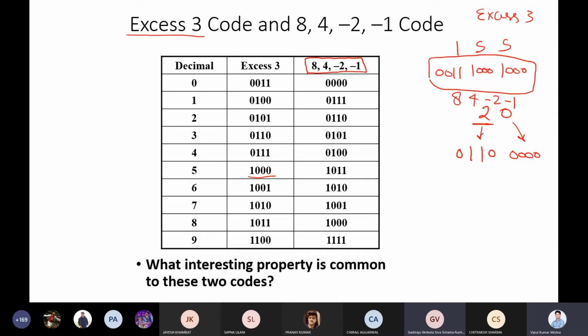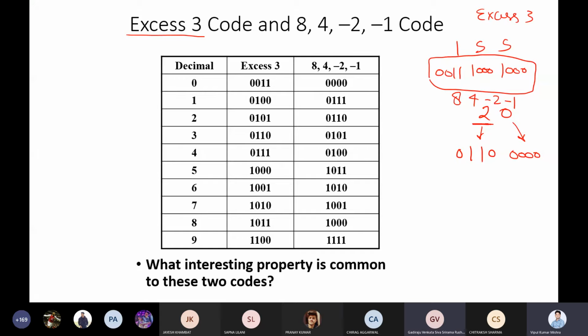So in that way, there are many other codings as well, but these 3 codings are the most popular, right? There is gray code as well. I want to explain these 3, which are the most popular. Now, before moving forward, is there any special thing that you notice in these 2 codings? Some specific pattern that you can see? Take a look and try to figure out if there is any pattern in this XS3 code and 84 minus 2 minus 1 code.